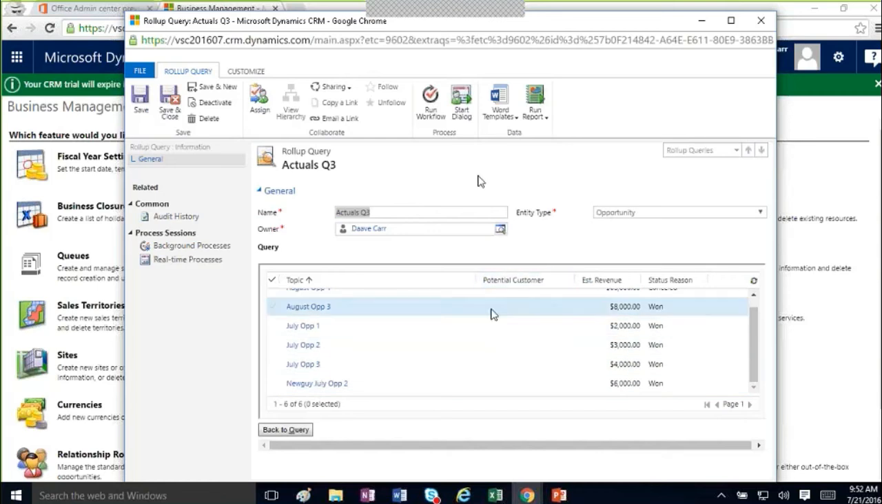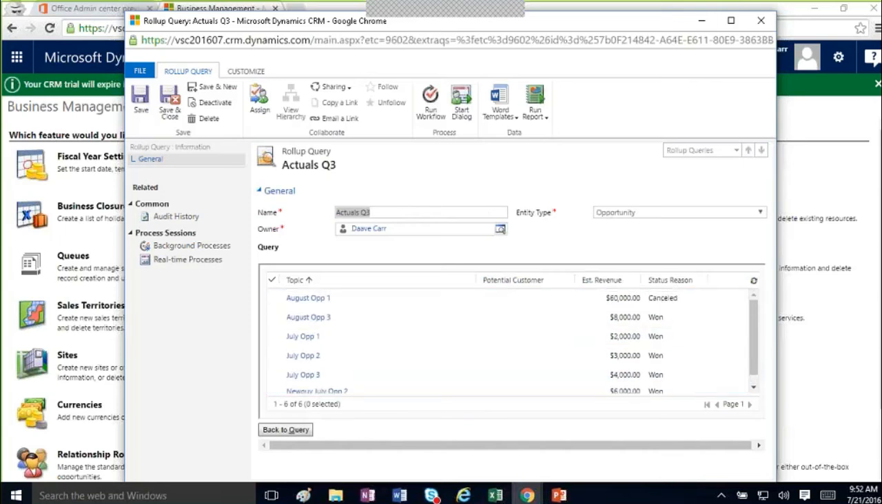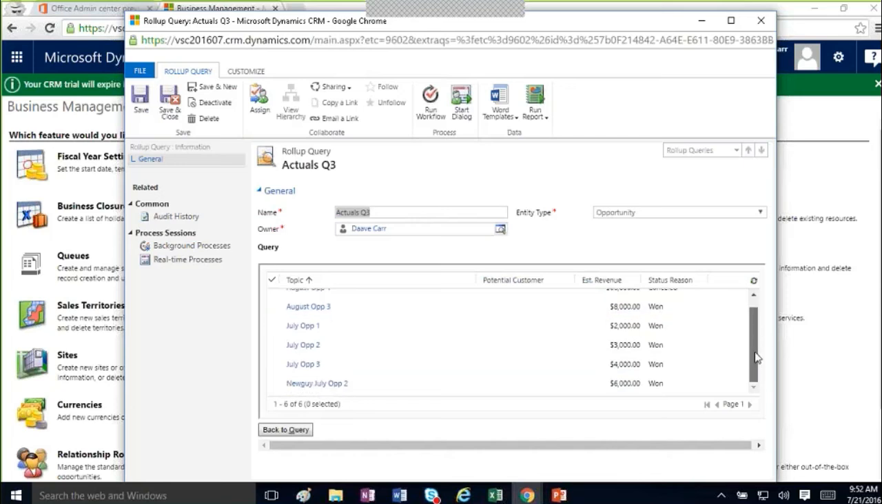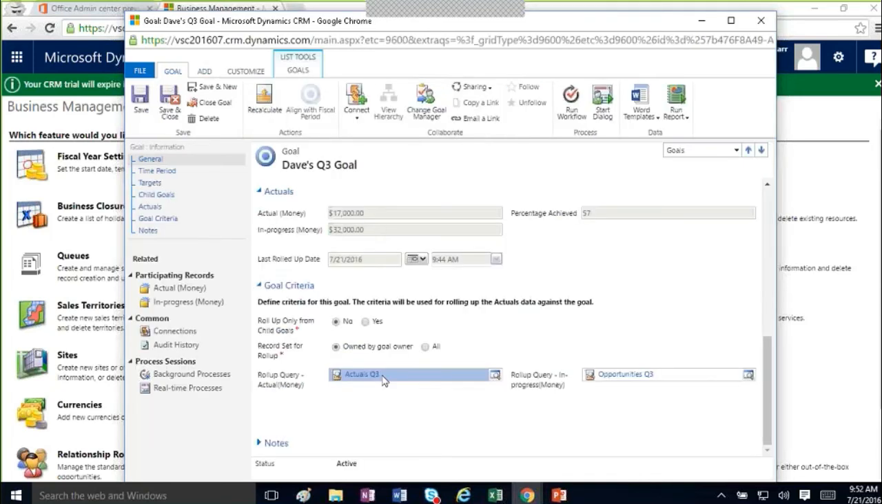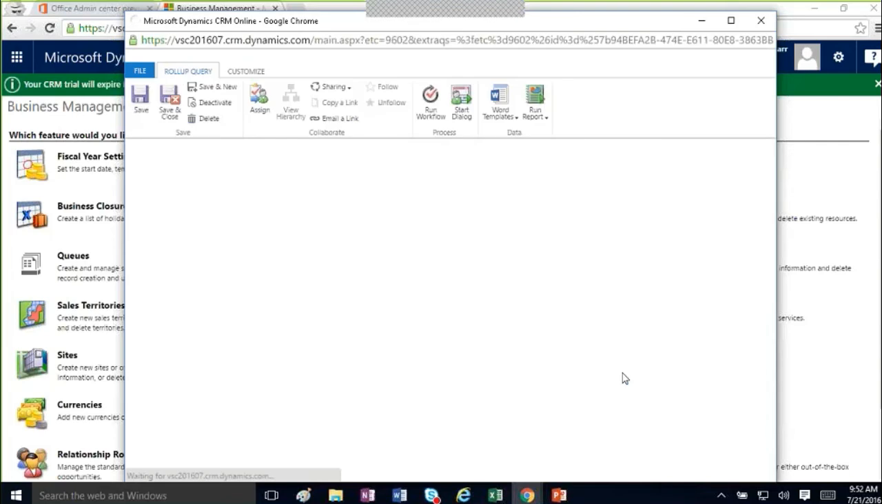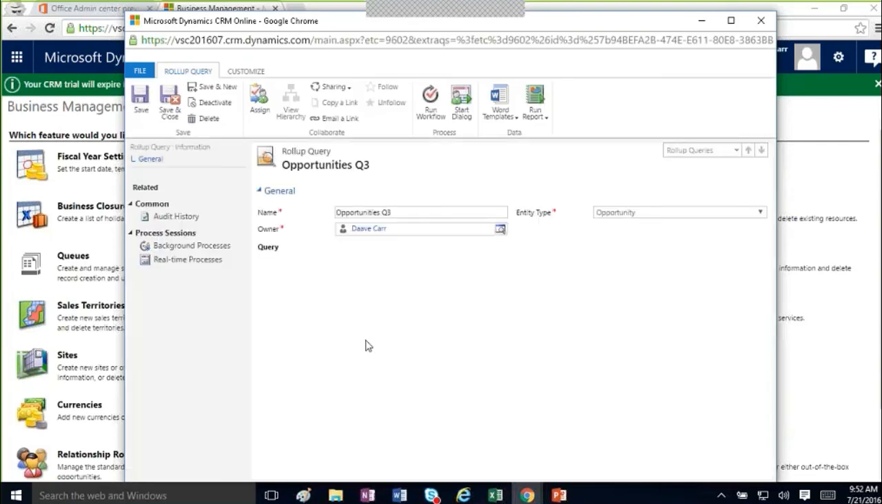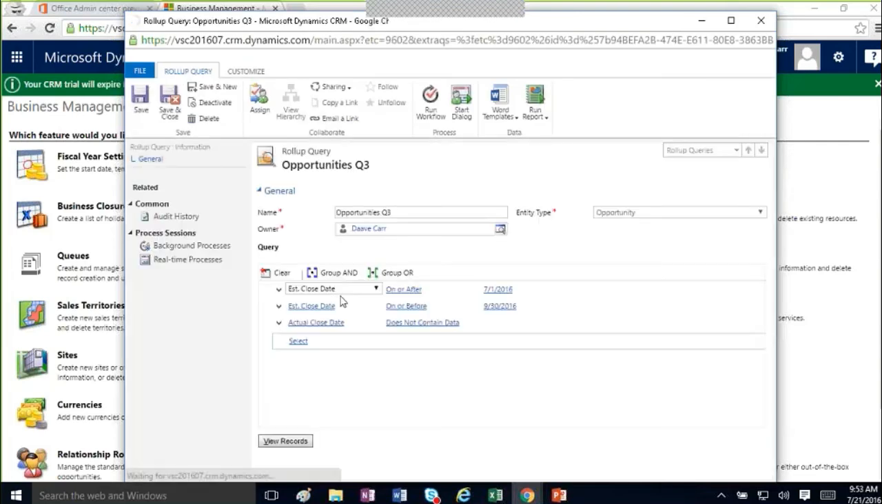So I can see I've got new guy stuff in here as well as my stuff. That's because this roll-up query is grabbing all actuals regardless of owner. That little switch back here is going to indicate which of those opportunities and actuals roll up into my goal bucket. Similarly for opportunities, we've got a roll-up query that I had to define,